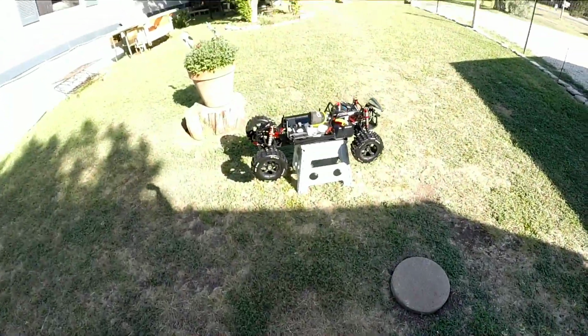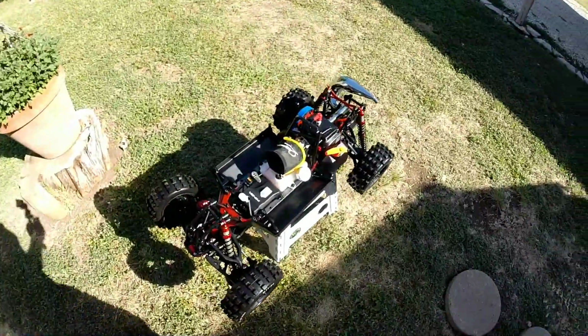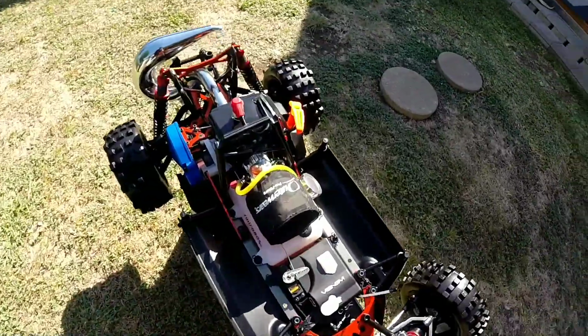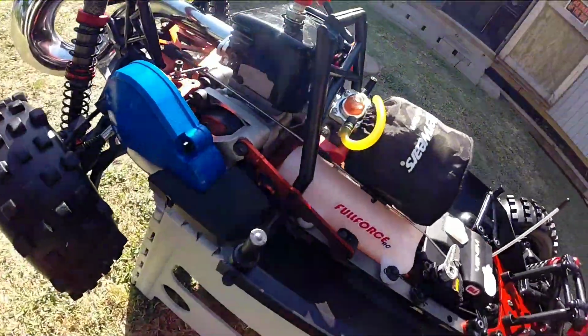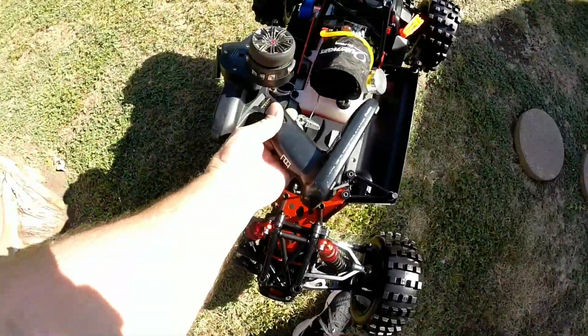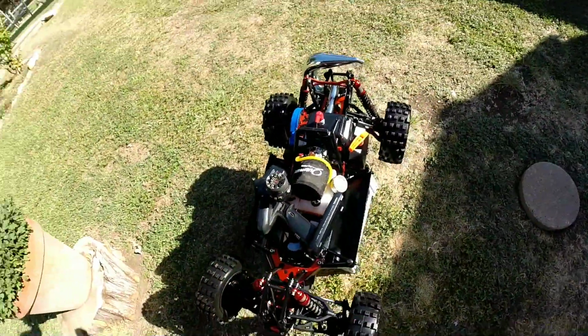As I said earlier, we put the aluminum intake on it right there. I think I did everything right, but we're gonna fire it up and check it out, see what's going on. So let's